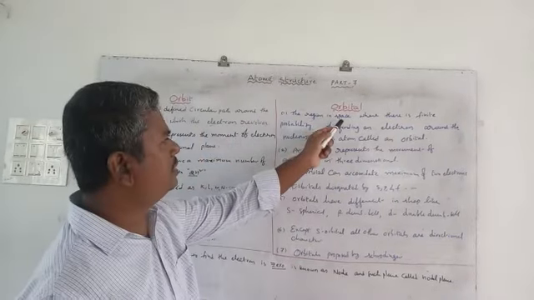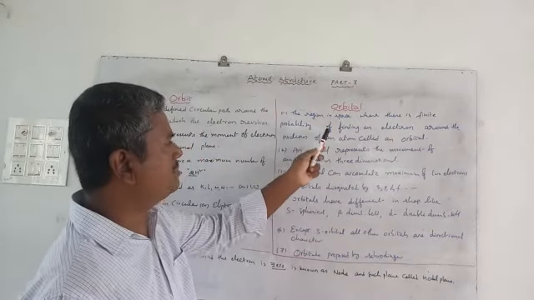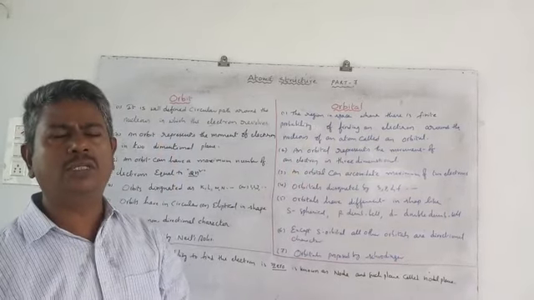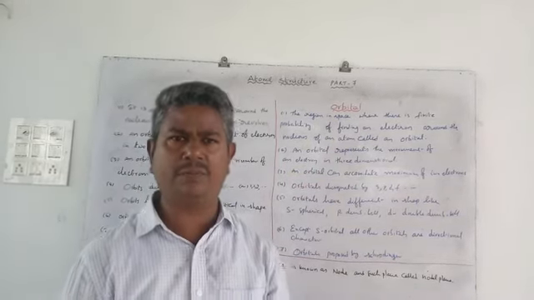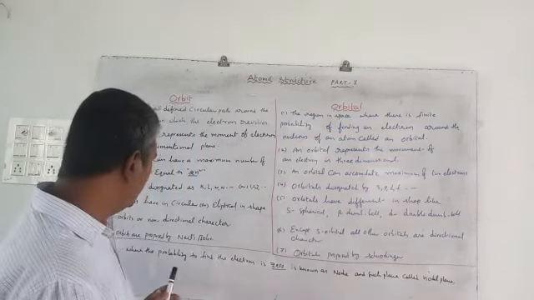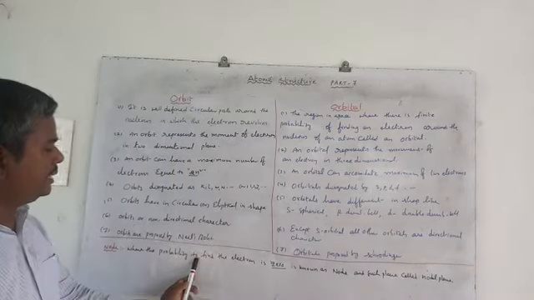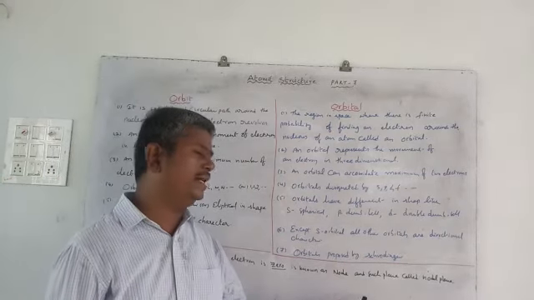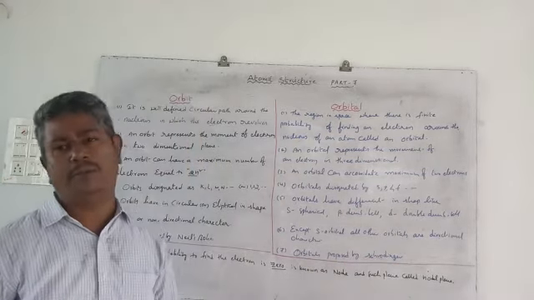So the region of space where the electron probability is maximum is called an orbital. If the probability is 0, that is termed a node. Where the probability of finding the electron is 0 is known as a node, and such a plane is called a nodal plane.